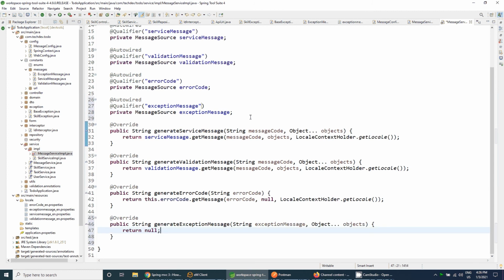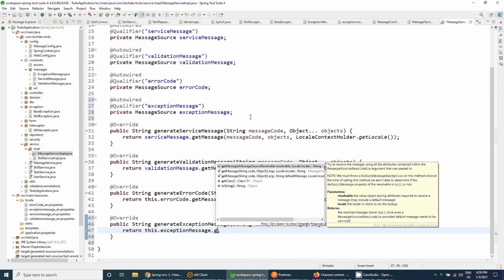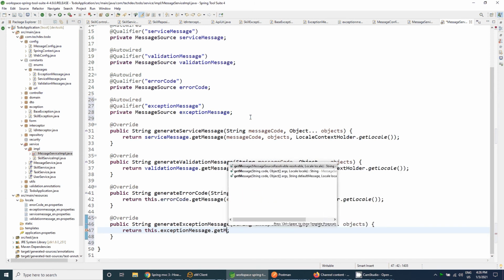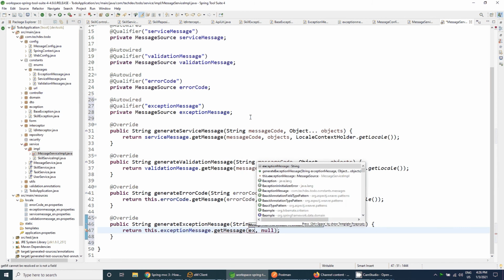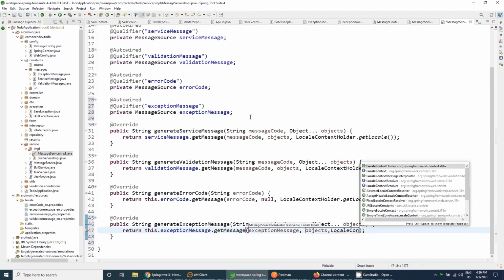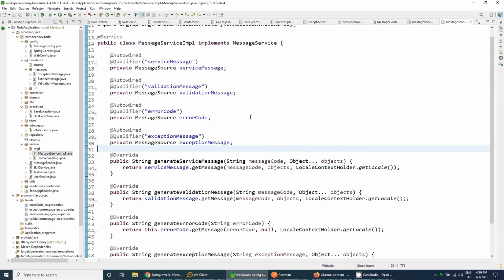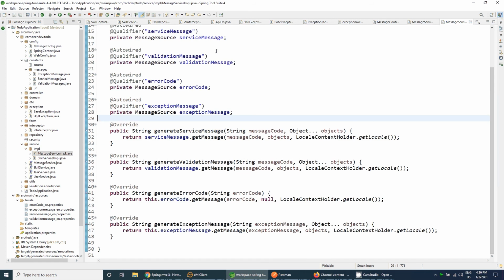And we need to use this dot exceptionMessage dot getMessage, with the exception message and the object array and the LocaleContextHolder dot getLocale, the locale for which we have to find inside our locale, and accept that properties file according to the locale and pass the message to the user.